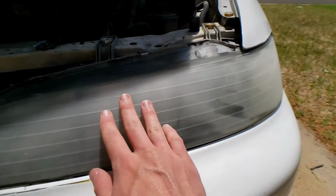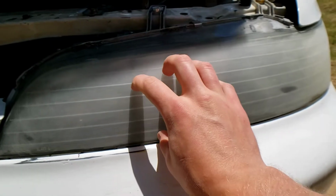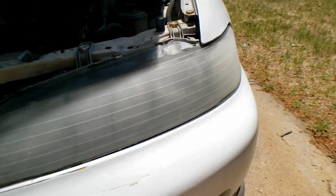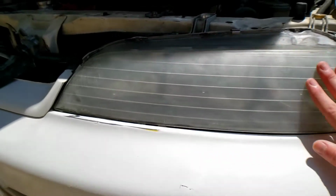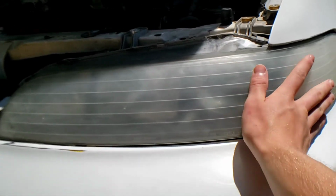This is it with a little bit more wet sanding on the 320 grit. It's still pretty hazy, but right now I'm going to head up to this 2000 grit, and hopefully it'll start to loosen up a little bit more. So with just a little bit of wet sanding from the 2000 grit, it's taken down the haze a whole lot more. Of course, I still need to